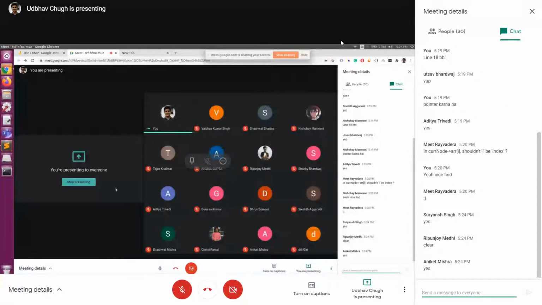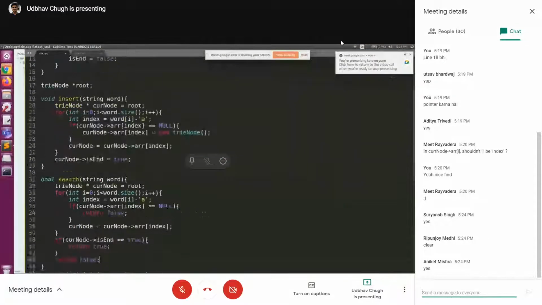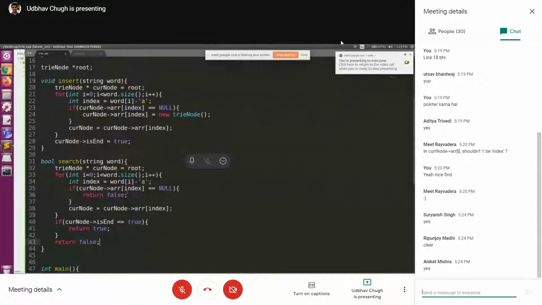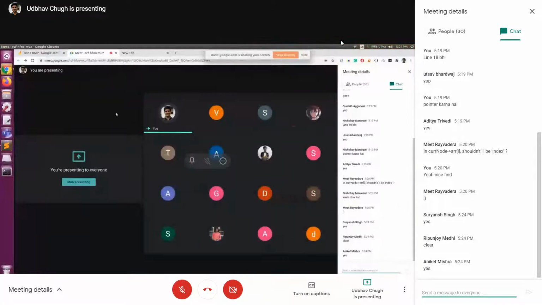Okay, great. See, it's not a very complicated data structure, but because students don't know about it, whenever a question comes in an internship or placement test, they have some trouble. But it's pretty straightforward, right? It's very intuitive, and there's nothing new that you are learning here. It's just a tree and an array of size 26.